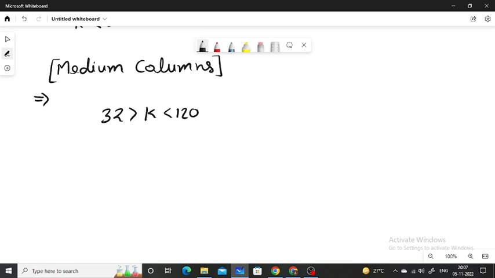And long columns: the columns having their lengths more than 30 times their respective diameters, or slenderness ratio greater than 120, are called long columns. Okay,